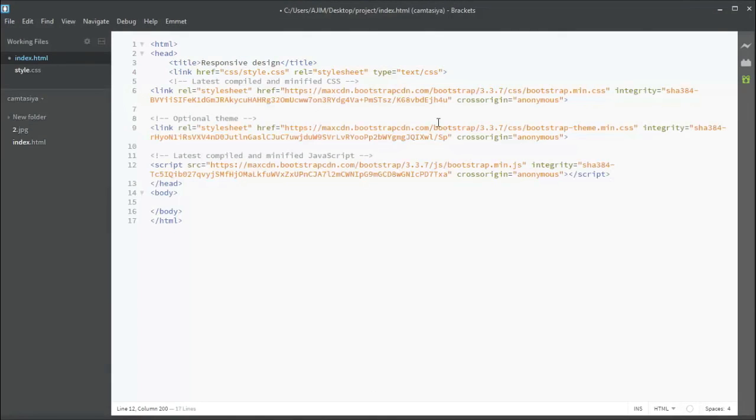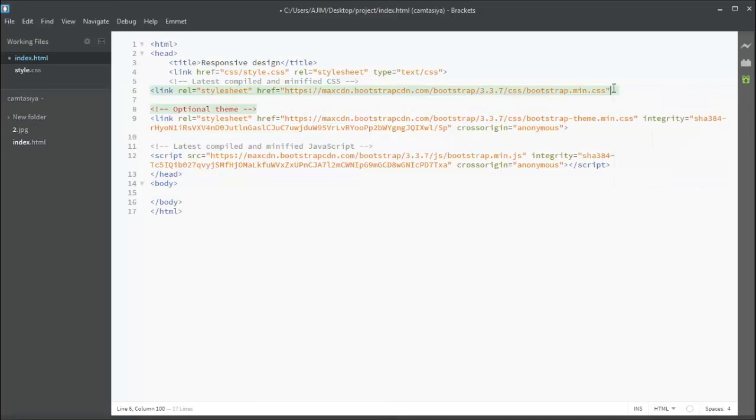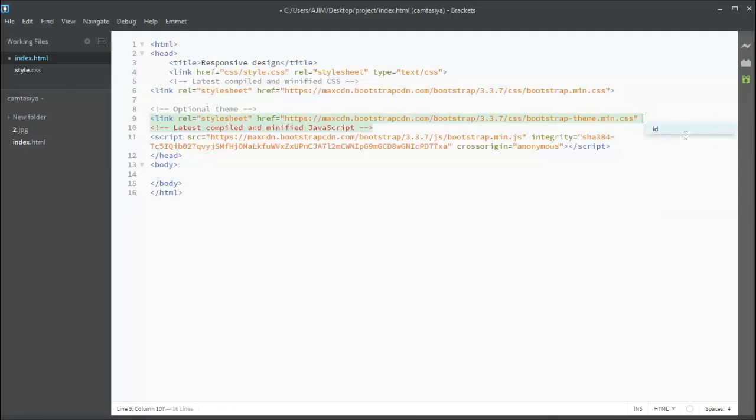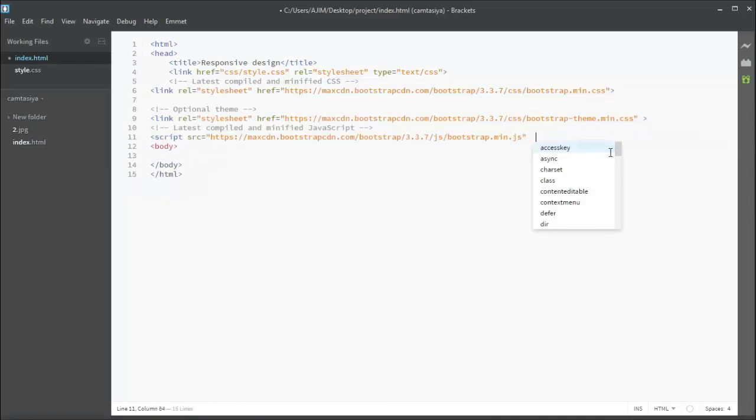You can see it has been put in beautifully. Now we have to make the changes. We have to delete this integrity and the crossorigin because we don't need them here. So I am deleting these parts as well. Delete it, come here and close it. Also delete these parts, integrity and crossorigin. And also this integrity. After doing these changes you will have successfully linked all the files here.